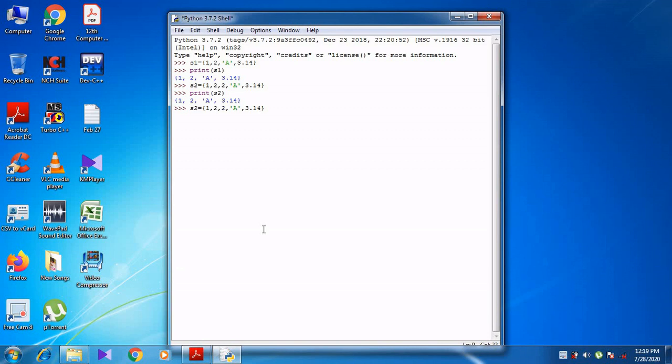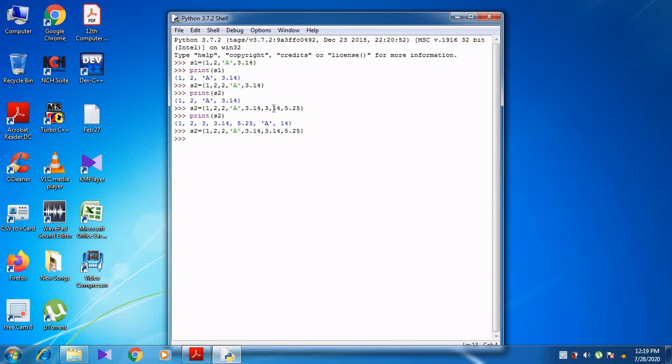It does not allow duplicate elements. For example, if I give like this 3.14, 5.25, here which value is duplicated? 3.14 is also duplicated. So now when I print S2, now what happens? Sorry, here instead of 3.14 I have given 3, 14.